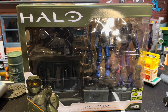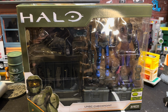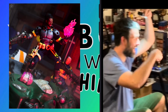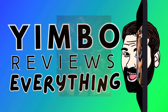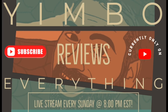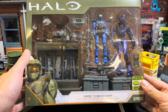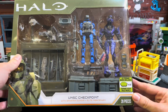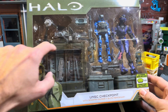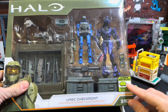So, in this inaugural video, I'm taking a look at toys, accessories, things in the wild that are not meant for 1/12 scale action figures, but we see if we can make them work with our toy photography. So, up first is this Halo set. I believe this is more 1/18 scale, little 4-inch figures there. But what caught my eye over here is this weapons rack, these crates, and then here it said 10 terrain